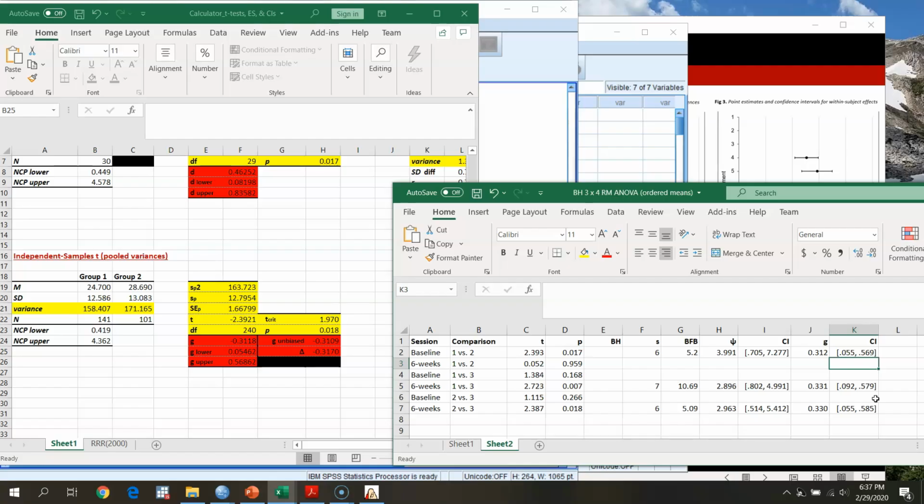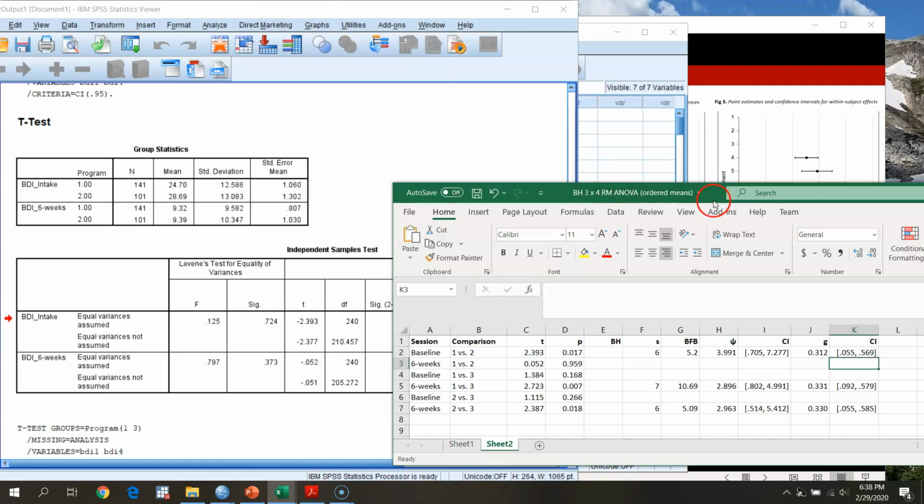Okay, so what we've done here is just go through and put in means, standard deviations, sample sizes, and upper and lower limits for our confidence bound. I'm looking at my g here. This is using my effect size with my pooled standard deviation, and then I'm going to look at my upper and lower limits based on my calculator here. Okay, so